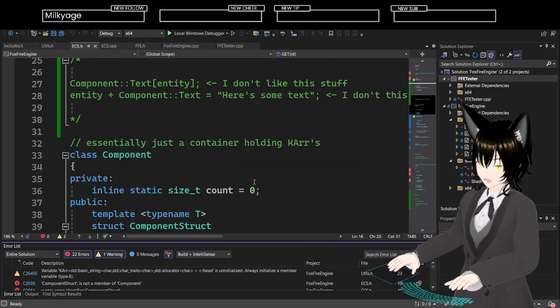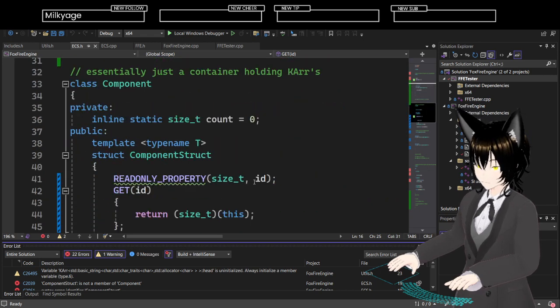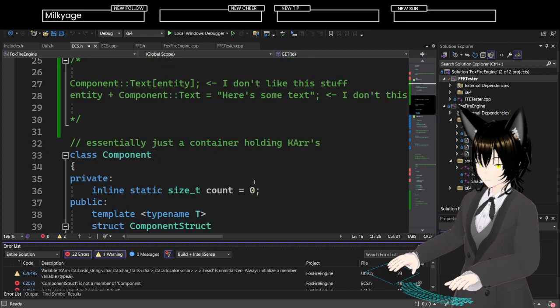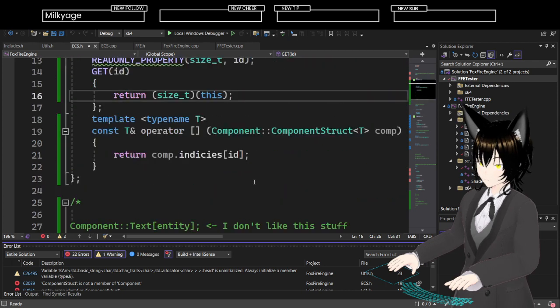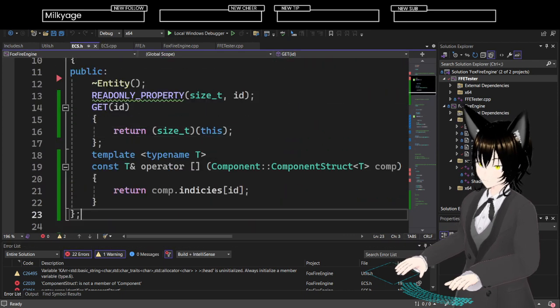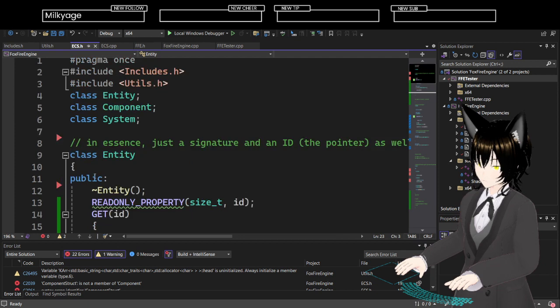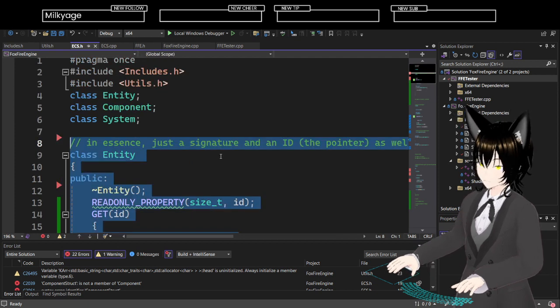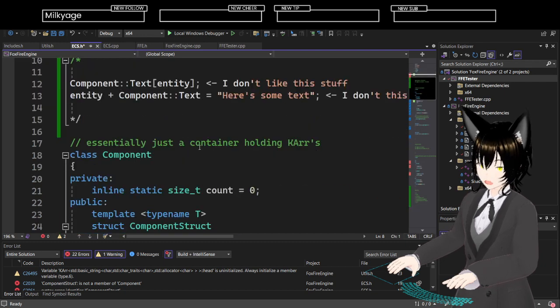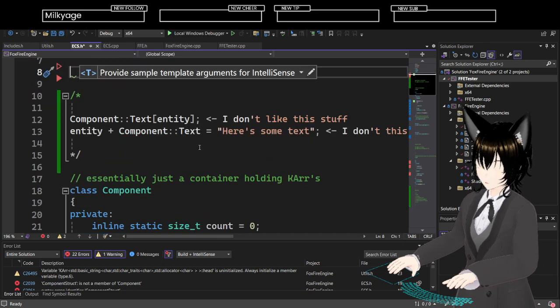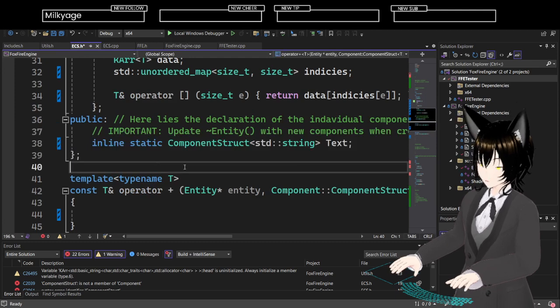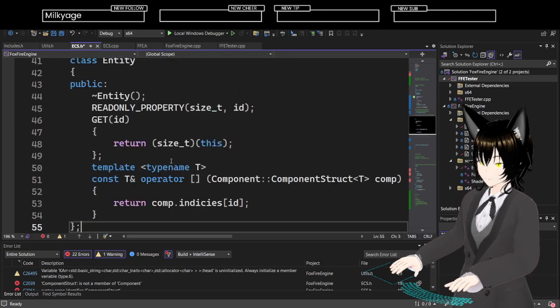Because component struct has not been created yet. Well, I think I could cut all of that out and then place it down here.